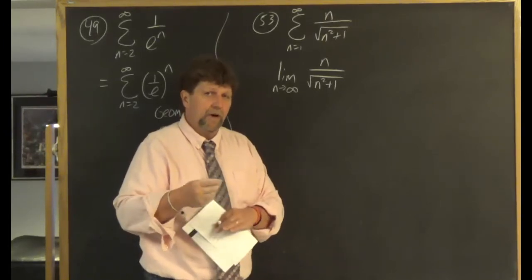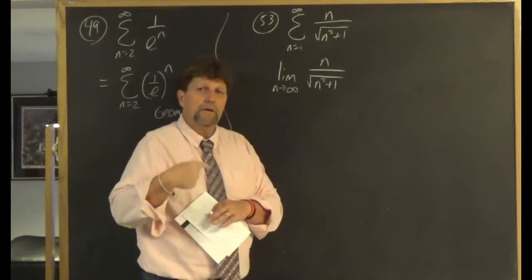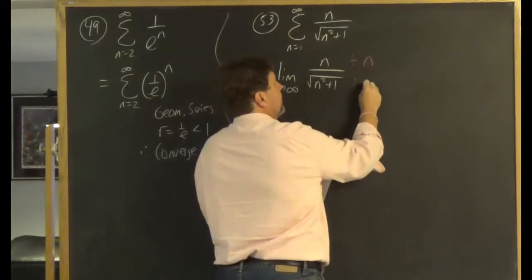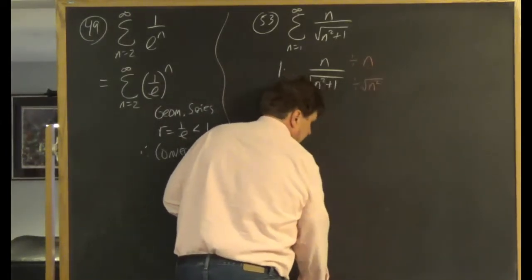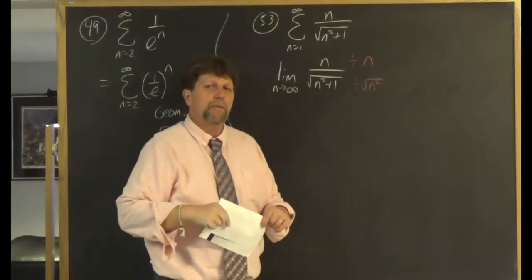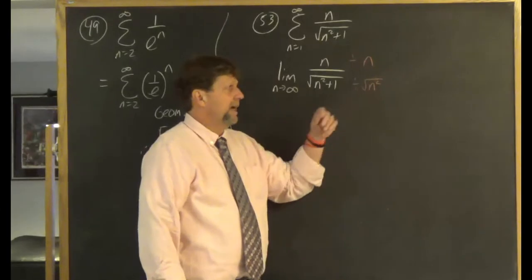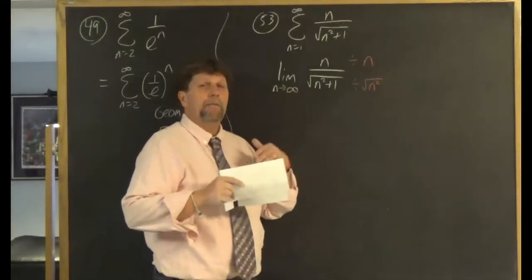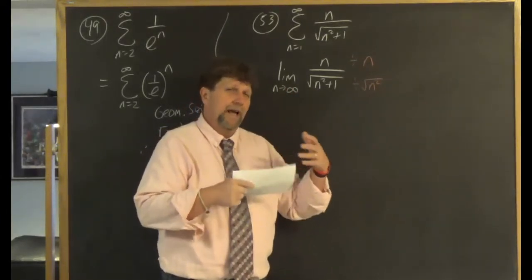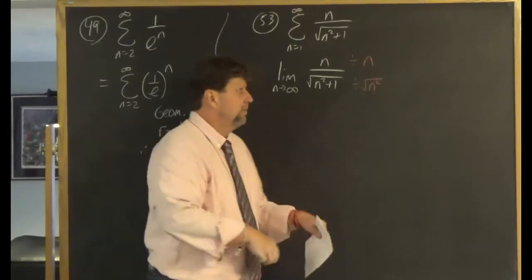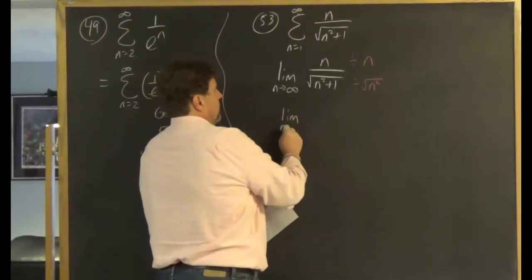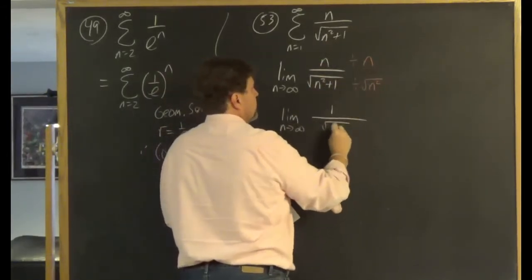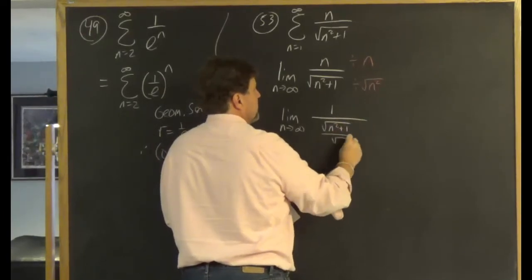And here's the algebraic way. I'm going to divide numerator and denominator by n. I'm going to divide the numerator by n, and I'm going to divide the denominator by n. Notice when I divide the denominator by n, I've disguised the n as the square root of n squared. And I know that's a positive n because we're talking about positive numbers, so I don't have to worry about any absolute values or plus or minuses. But check it out. That gives us, well, the numerator, n divided by n is 1. In the denominator, you have the square root of n squared plus 1 divided by the square root of n squared,